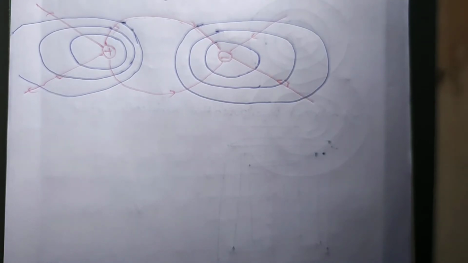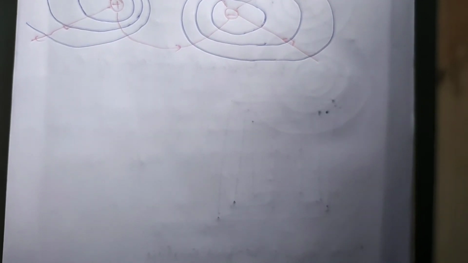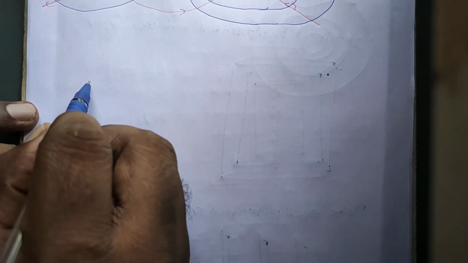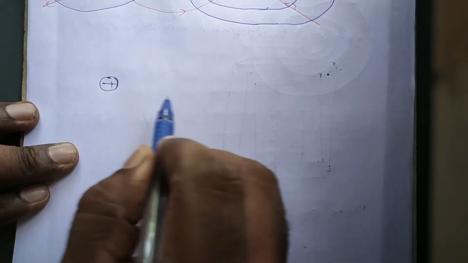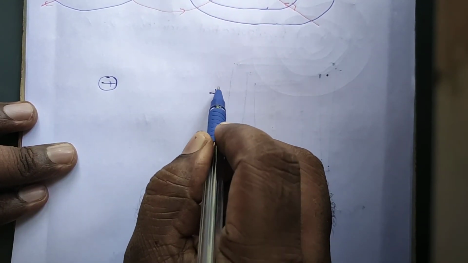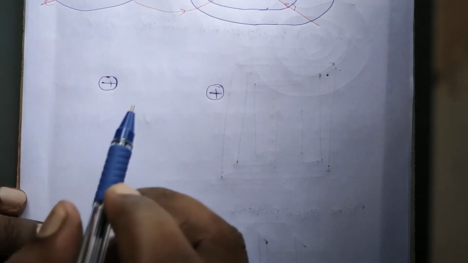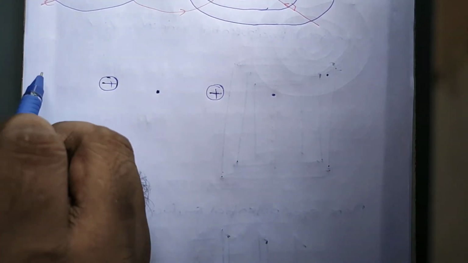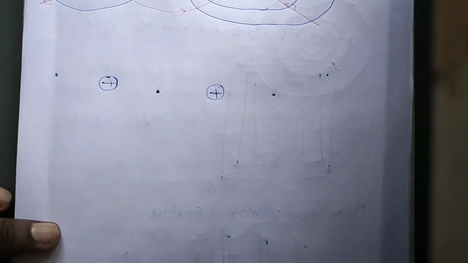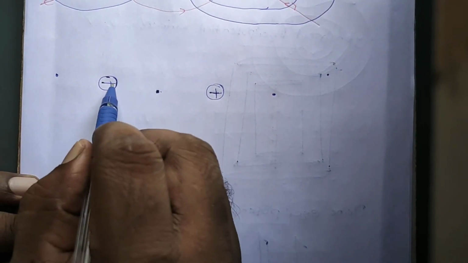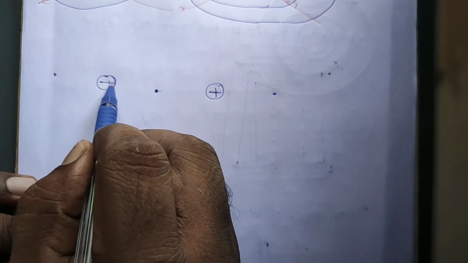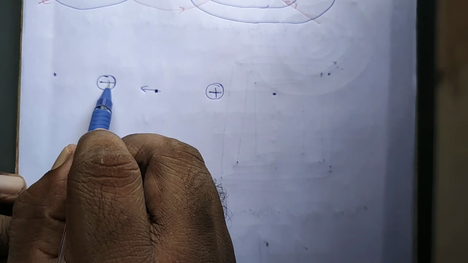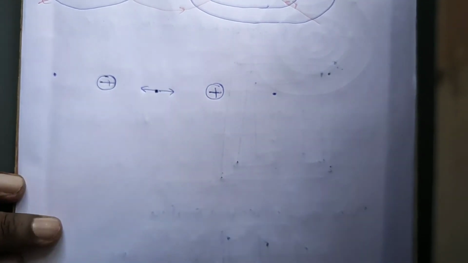Clear. Next we are going to see the equipotential surface produced by two positive charges. Okay, so here I will consider one positive charge, and here I will consider another positive charge. Okay, so here you can see there is a point I consider, here I consider a point, and here another point. Okay, so what about E plus Q? This electric field produced by this is in this direction, and the electric field produced by this is in this direction.